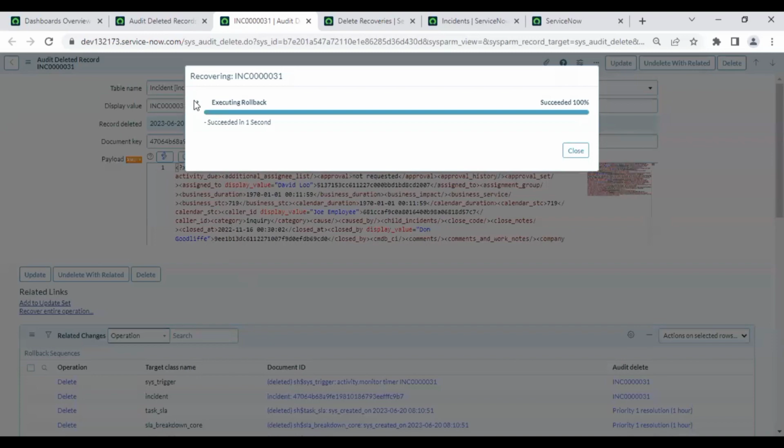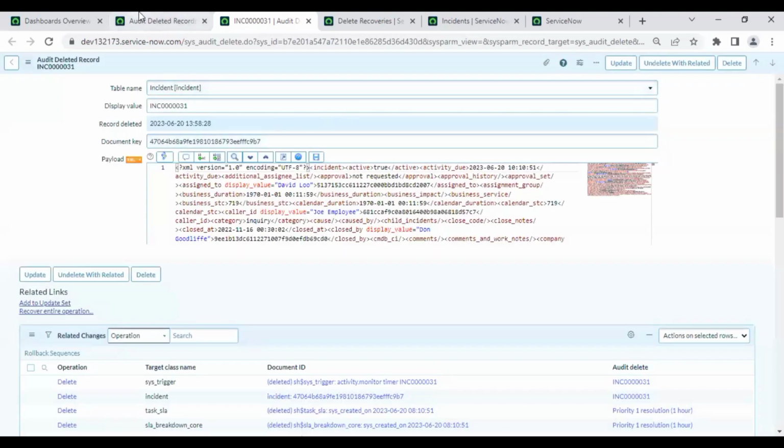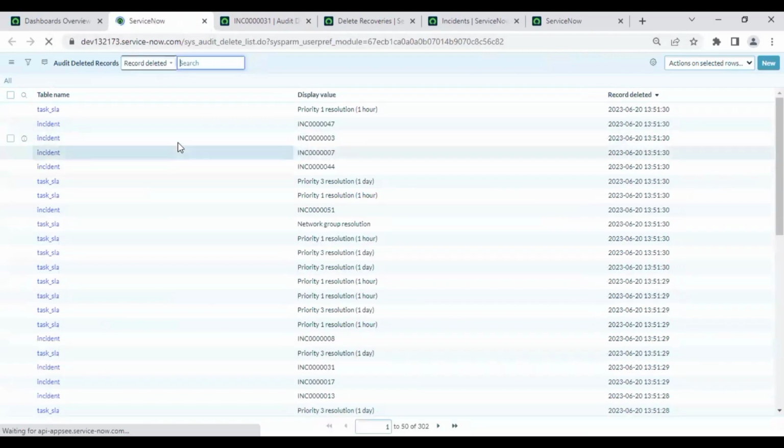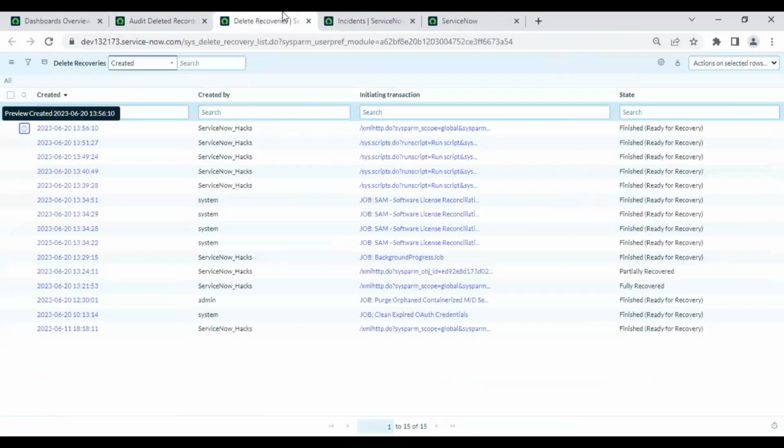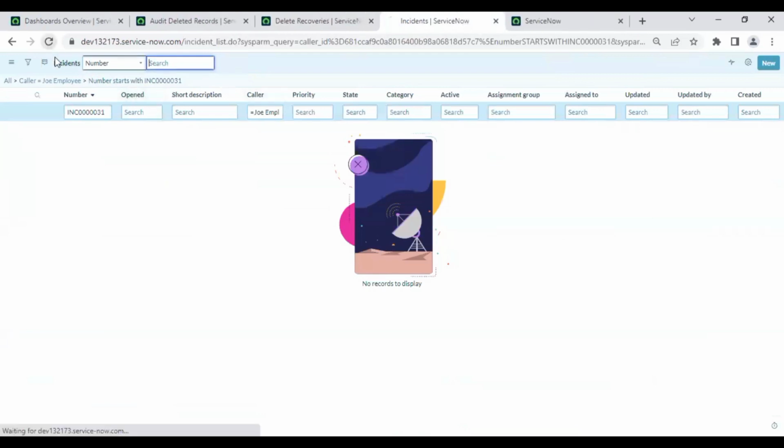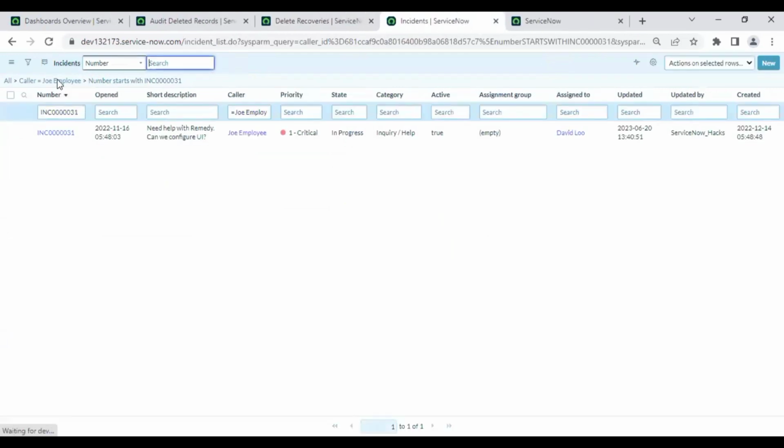see, recovery is done now. And once you see this deleted record also, that 31 has gone because that is already rolled back. Now if you go back to incident, you see 31 is rolled back again. So this is the fourth option where you can roll back the deleted record if you have done it mistakenly,